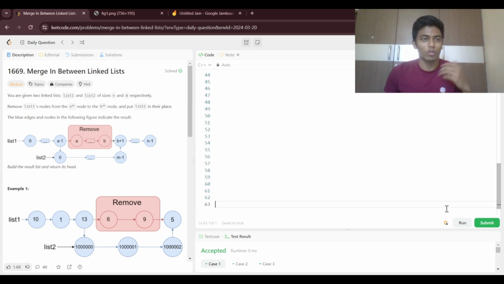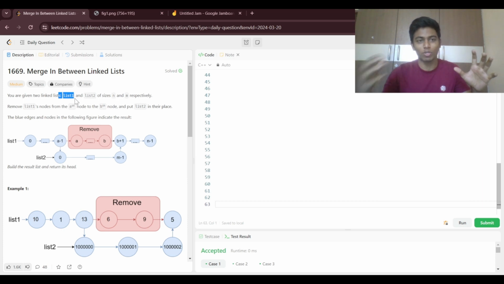So today we are going to be discussing the LeetCode question, which is Merge In Between Linked Lists. We are given two linked lists, list 1 and list 2, with sizes n and m, and we need to remove the list 1 nodes from the a-th node to the b-th node, and then put list 2